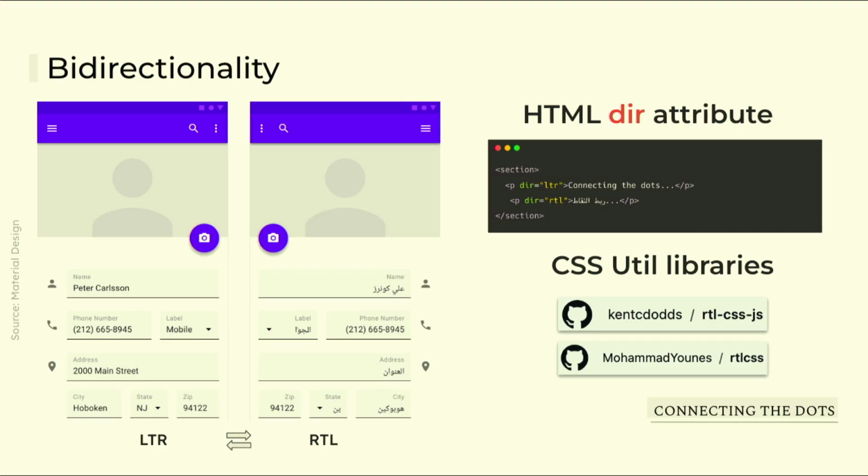We can also programmatically flip any direction specific CSS, such as padding-left or margin-right. We have these amazing utility libraries, such as RTLCSS-JS by Casey Dodds, and we have RTLCSS, which is a CSS based solution. So please check them out if you're interested.